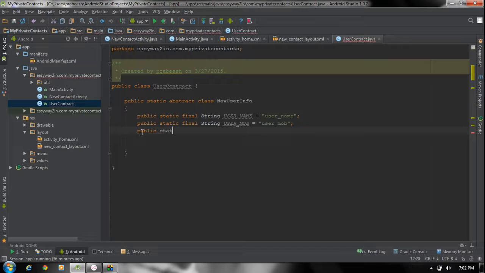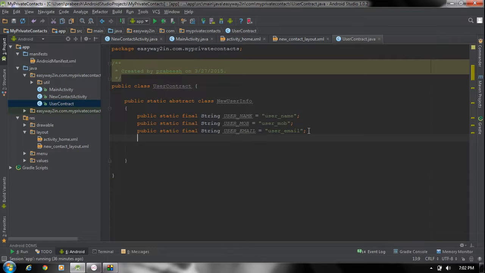So public static final String user email, and make the column name as user email. Okay,